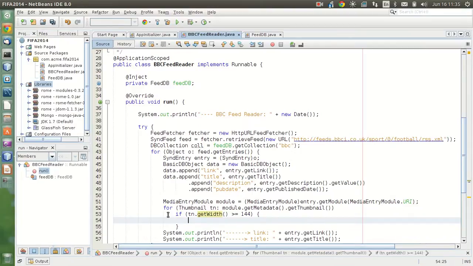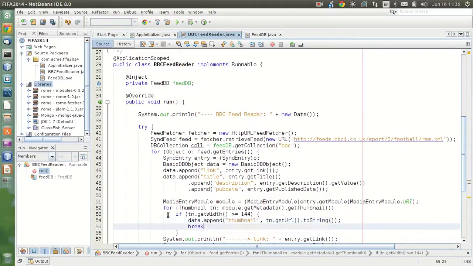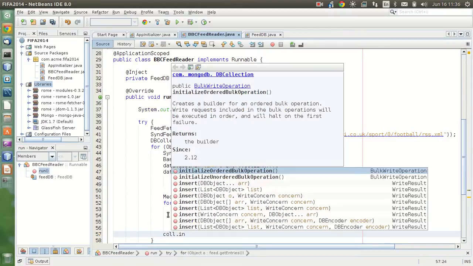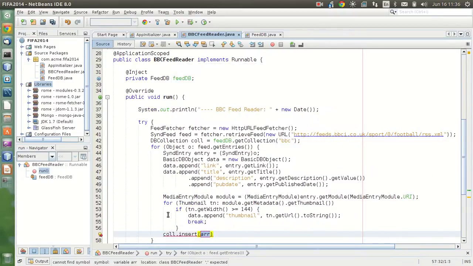Then I would say data append thumbnail get URL to string, and then I would say break from here. Once I've done all that, I will now say collection, insert the data in. Okay, since the BBC website doesn't support conditional get, what this means is that